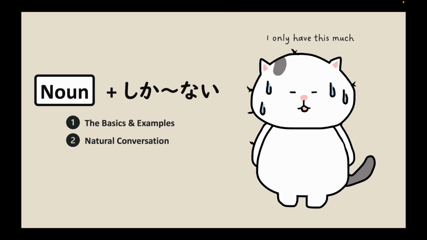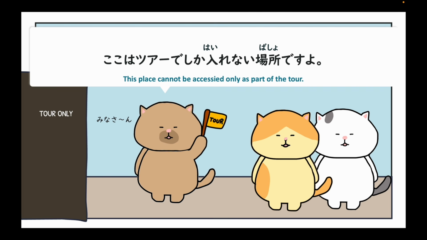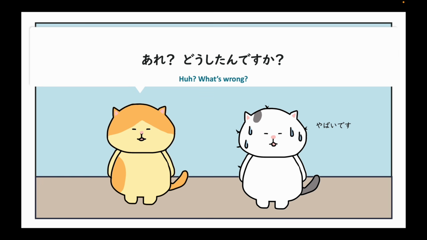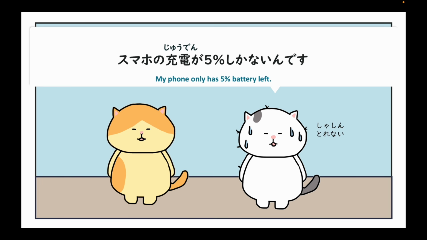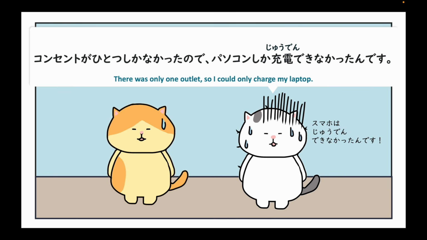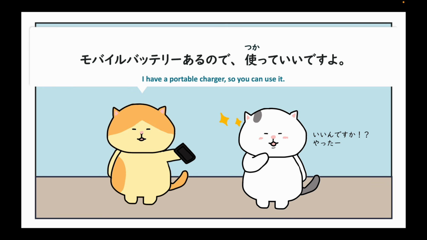Let's look at natural conversation example. ここはツアーでしか入れない場所ですよ。いっぱい写真を撮ってください。あれ？どうしたんですか？スマホの充電が5%しかないんです。昨日の夜充電しなかったんですか？コンセントが一つしかなかったので、パソコンしか充電できなかったんです。モバイルバッテリーあるので使っていいですよ。